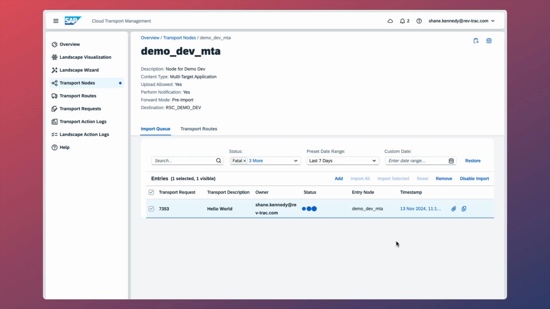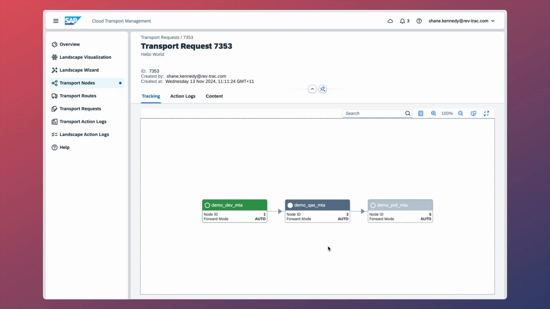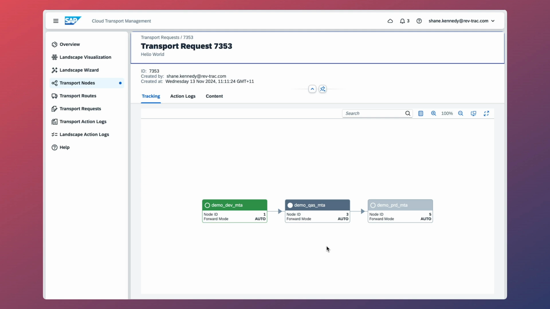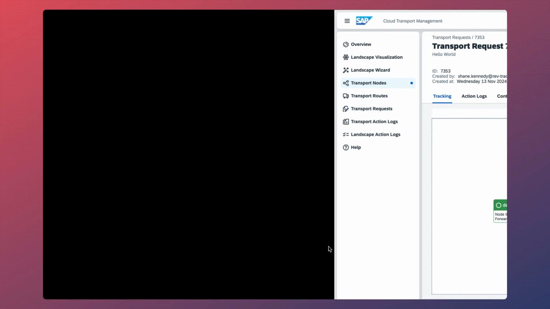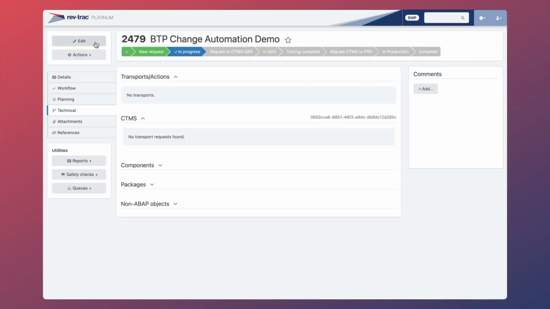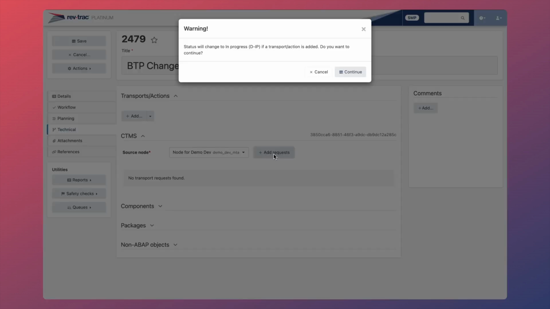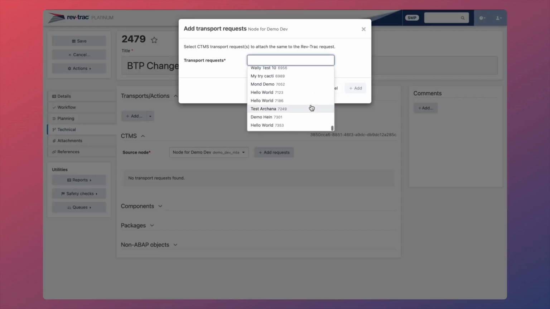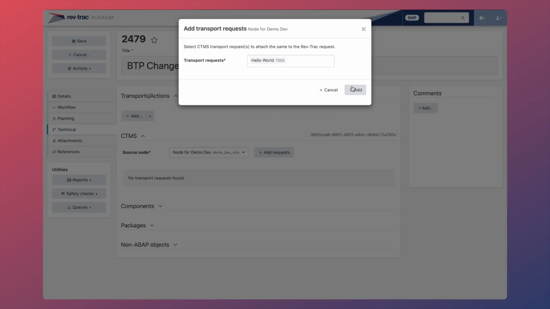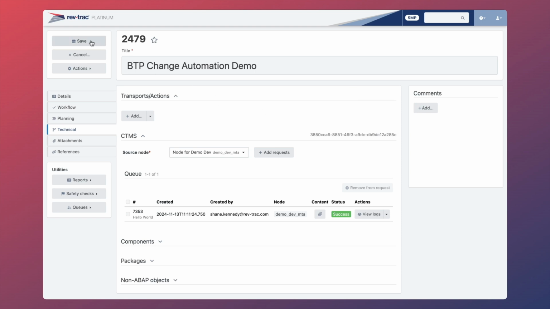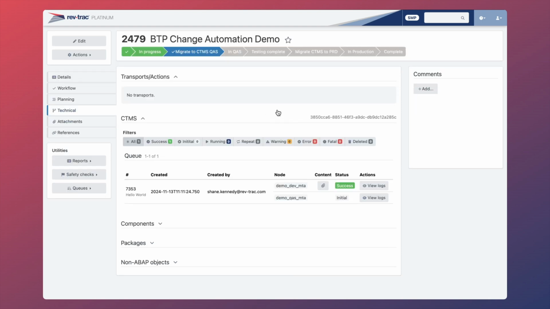After approving the queue entry, we'll wait for the status to be updated to succeeded, and we can now see that the transport request 7353 is in the development node as part of the 3-tier BTP landscape. We'll now head back to the Rev-Trac request, and under the technical tab, we will hit edit and add the transport to our Rev-Trac request, which is already in the development node. I'll now add Hello World to the Rev-Trac request, and after hitting save, we can see the transport is now